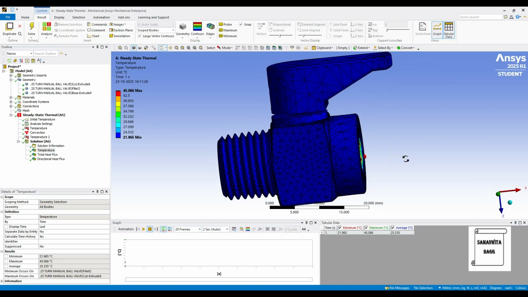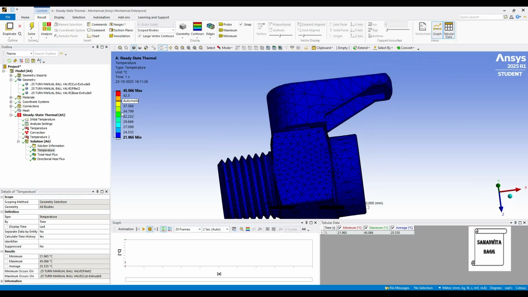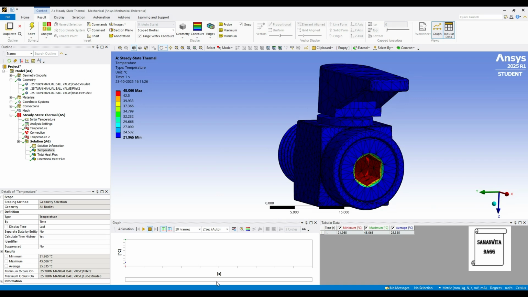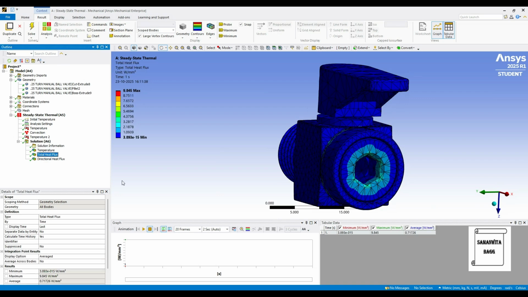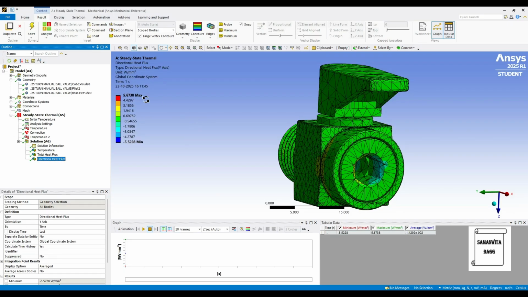Again, the highest and the lowest value is not going to change, but you can see this temperature difference which has occurred. Then we have total heat flux over this body. Maximum is 9.845 watt per mm square and directional heat flux is 5.67 watt per mm square. This value has drastically increased for brass because the value of K is something which we have changed.